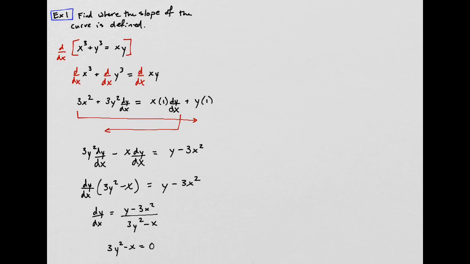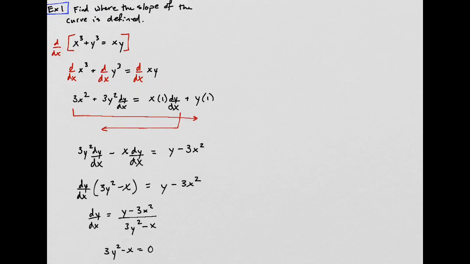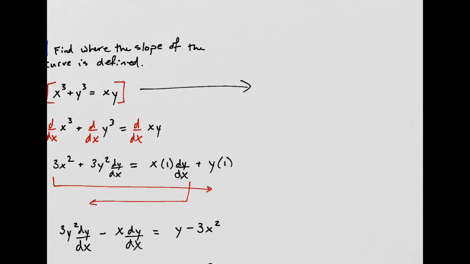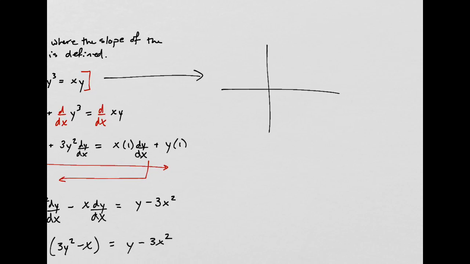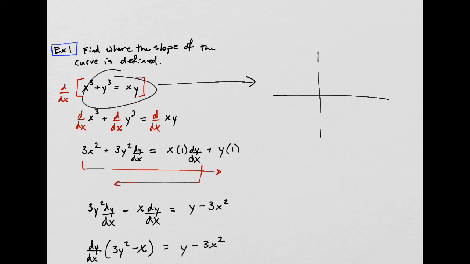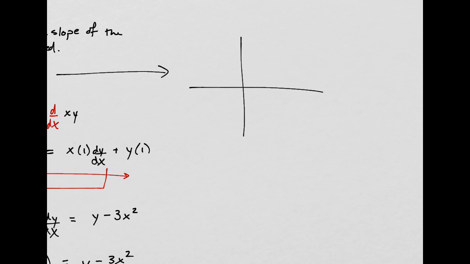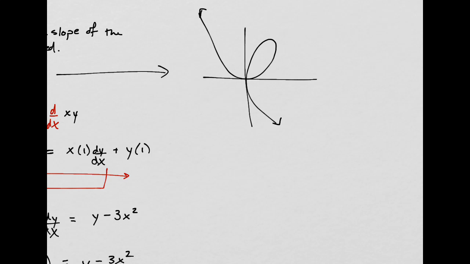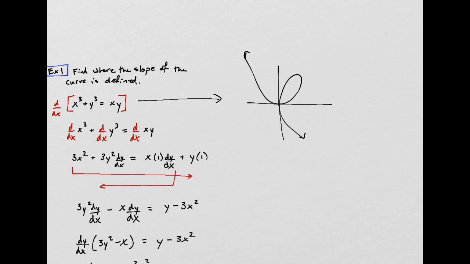That's a super interesting graph. So the graph of this looks like, I just looked it up. I'm not expecting you to graph this. It's actually kind of weird to graph in a graphing calculator as well, because you can't solve for y very easily. But it looks like a loop. It looks like a loop here, but